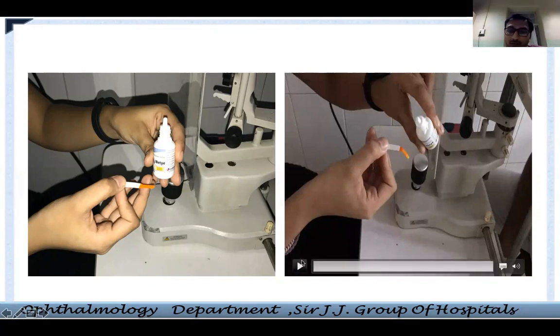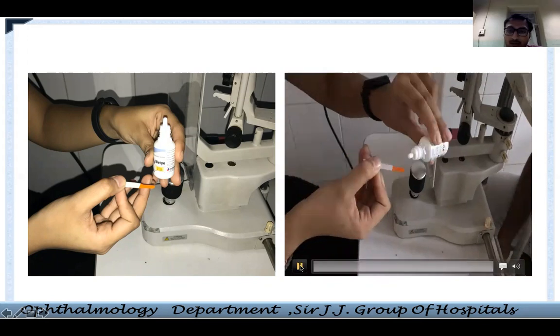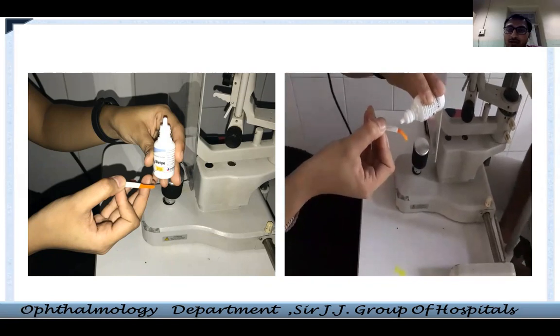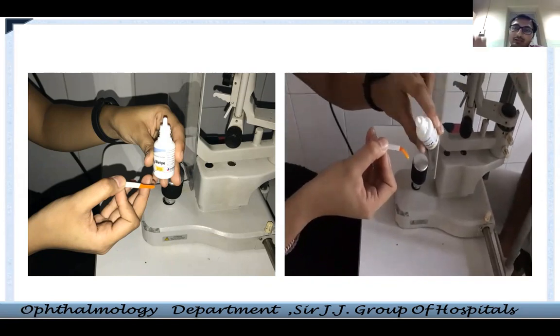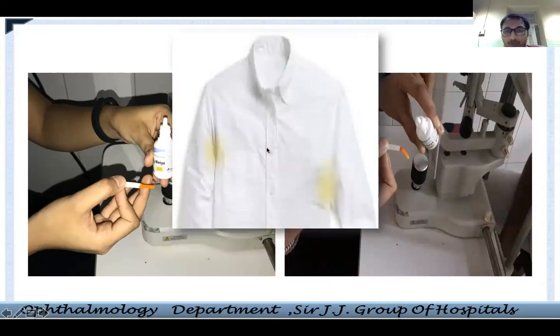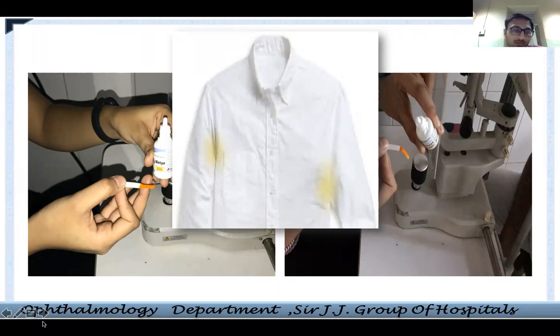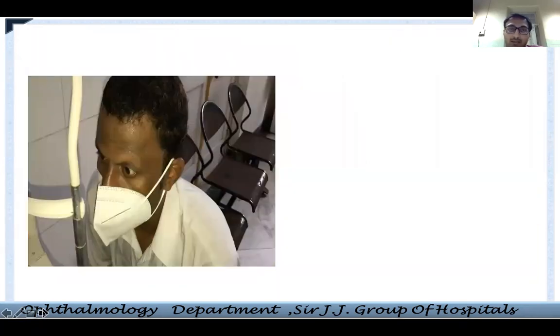Secondly, see this small video here. When you put so much tear substitute, it falls on the table, and then you try to stain, you get a very green picture, a green eye instead of finding anything, and then you will think there is an epithelial defect over the whole cornea. That is not the picture. Your staining way is wrong. And of course you should avoid this: many times patients come to you with white clothes, and you don't want to send them back with stained clothes. They will not be very happy going home like that.